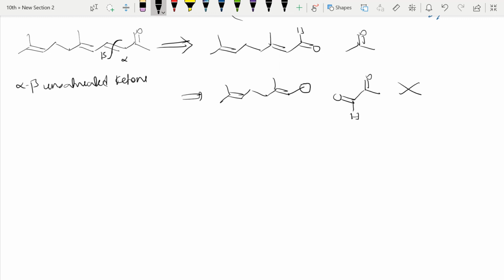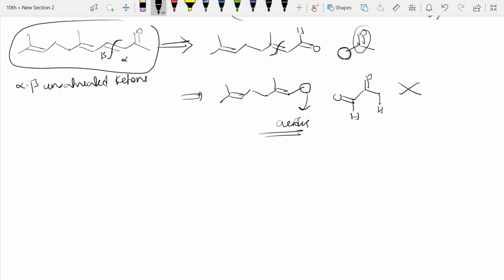Because see, what is the purpose of this retrosynthesis? Here, this proton will be acidic. Why is it acidic? Because of this electron withdrawing group. And here further I can disconnect, right? If I do it like this, the proton is not acidic. First reason. Second reason, here no reaction can happen because there is no proton here. Here there is an acidic proton. If it reacts, we never get this target molecule back, right?